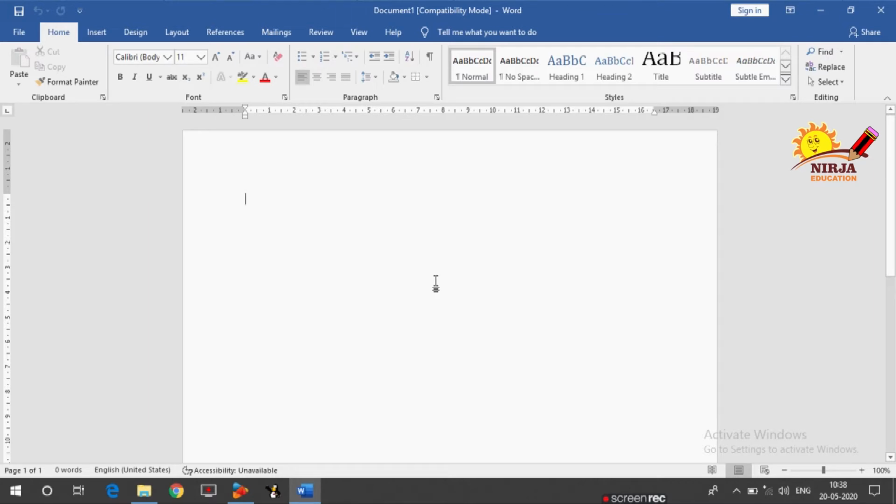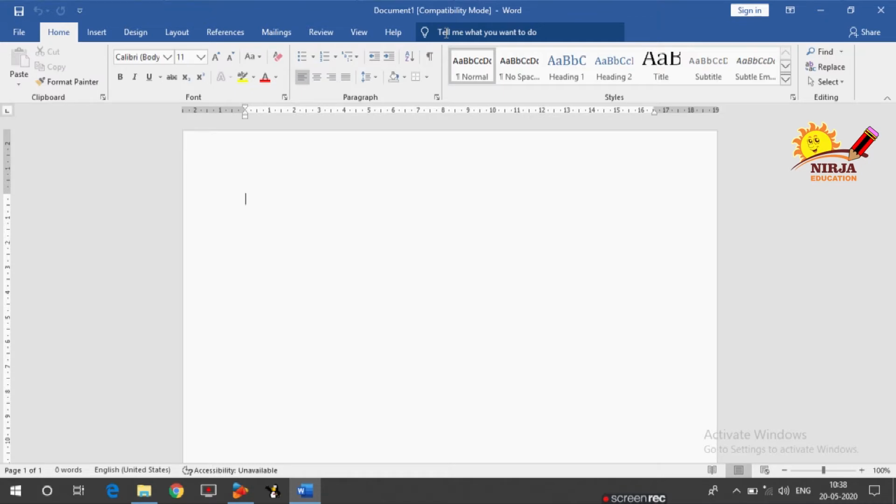On the top, as you can see here, Document 1, this is your title bar, and File, Home, Insert, Design, Layout, References, this is your menu bar. This is for signing in. This is Tell me what you want to do, or the help button.